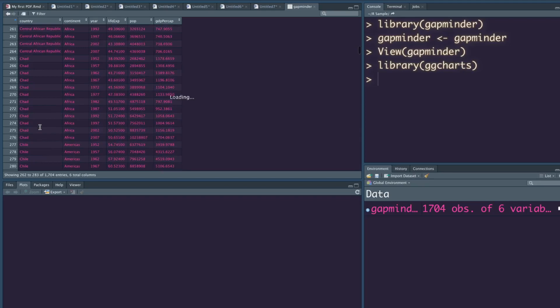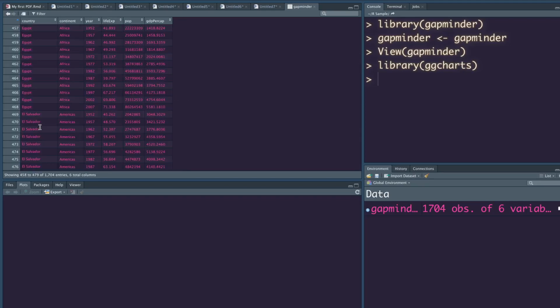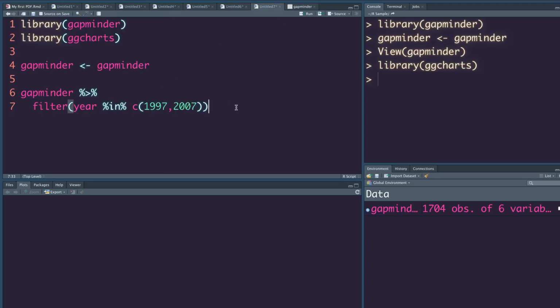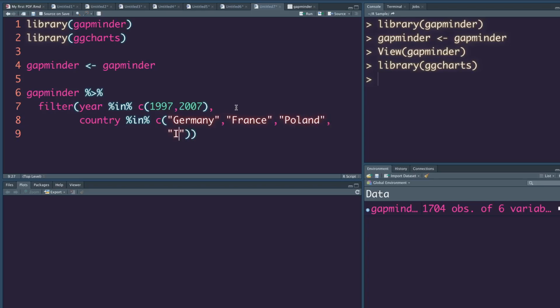Let's pick some common European countries which are easy to name. So country in c of, let's say Germany, France, Poland, Italy, and what is the other country that we can pick?